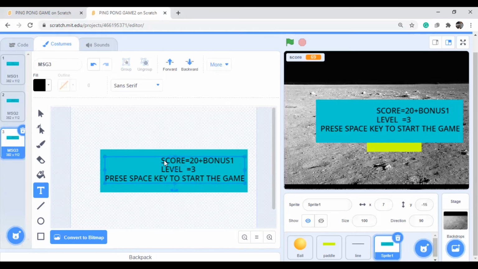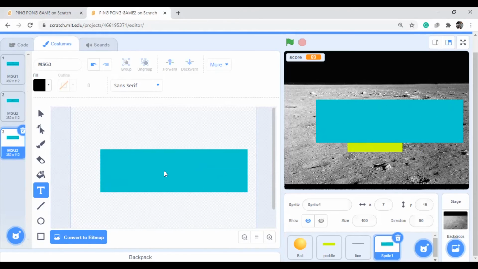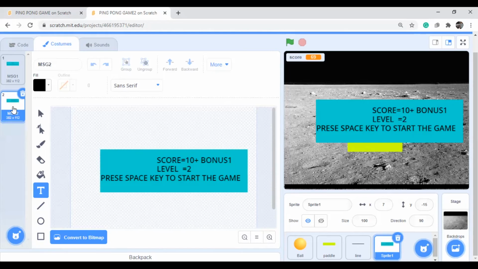I think we need to write this one. Duplicate this one. Here you can make it score equal to, level equal to this one.